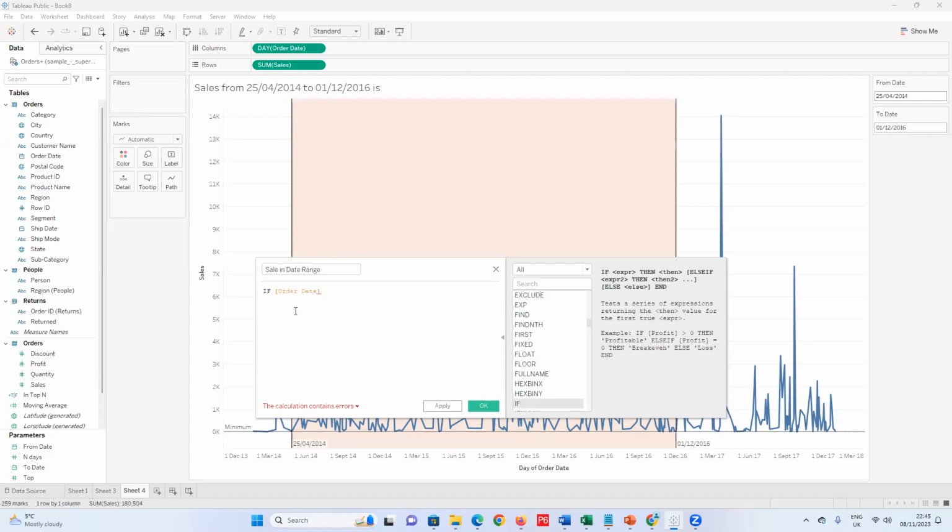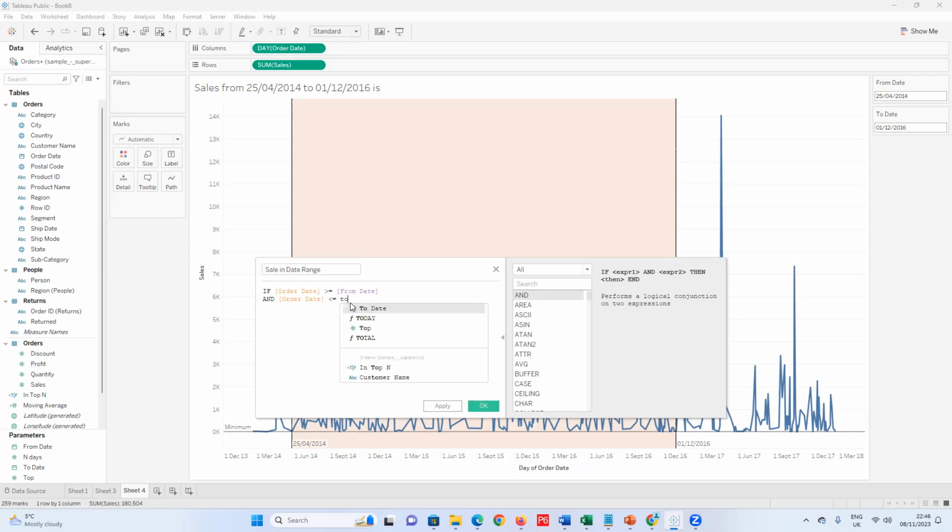But I know some of us will know this if clause from Excel. So if other date is greater than or equal to the from date, and order date is less than or equal to the two date, then